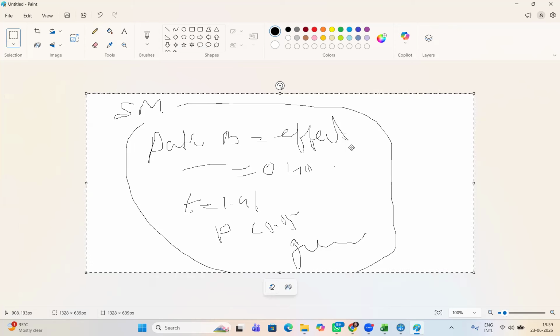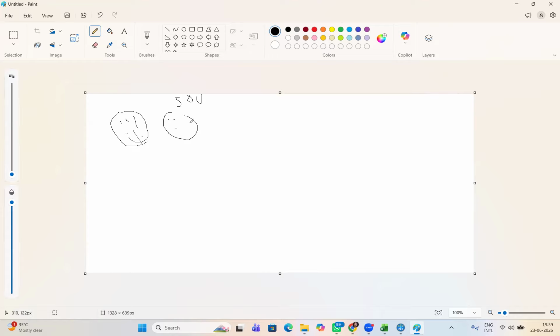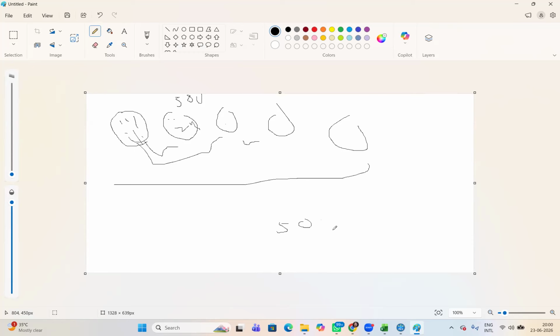What is bootstrapping? Basically, suppose our sample size is 243. These are the items, 243. So 5,000 bootstrapping means this sample is repeated 5,000 times. The second sample is also 243, and the third sample is taken from these two samples. The fourth sample is taken from these three samples. The fifth sample is taken from all these five samples. Till 5,000, we repeat this process. This process is called bootstrapping. By bootstrapping, we get the confidence interval, the T value, and the P value.